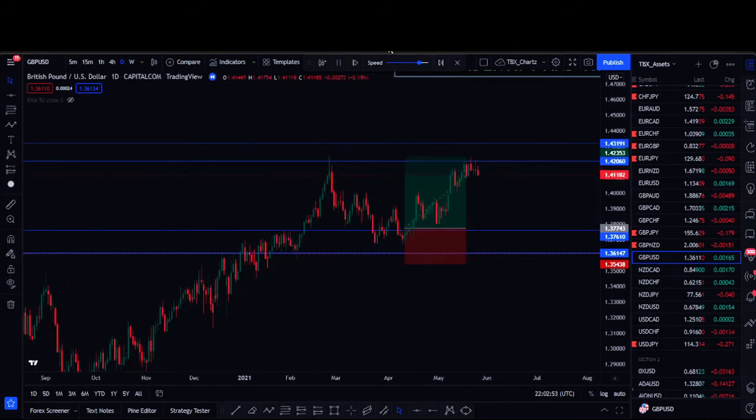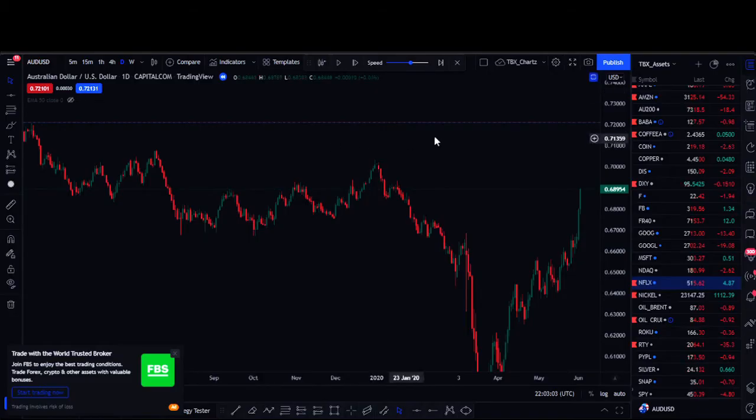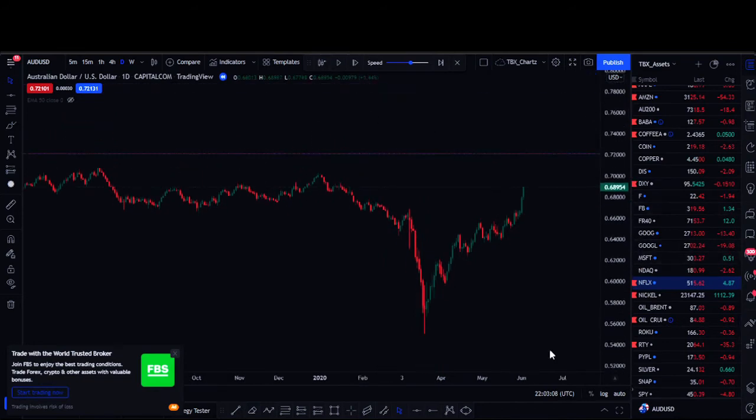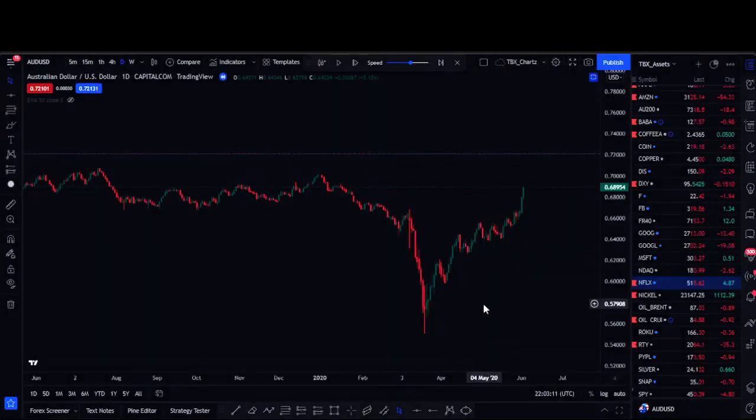But then, as you can see, price has taken a take profit. So that's one example for support and resistance. Now let's check out another currency pair. Now this is AUD USD, Australian dollars. Now Australian dollars, as you can see,